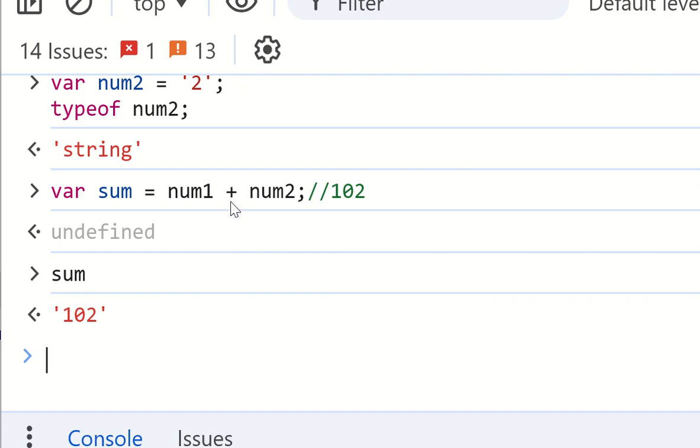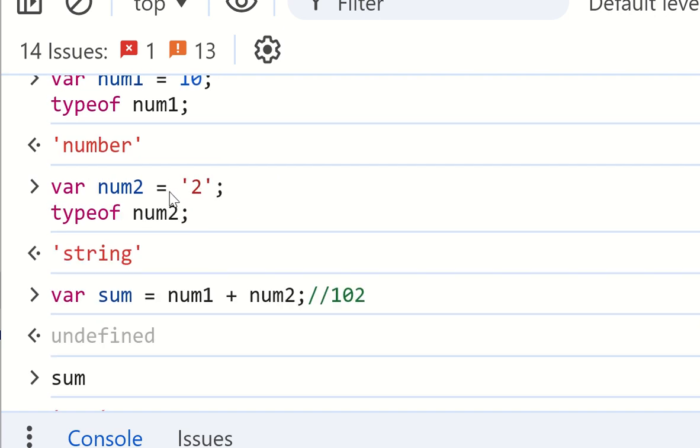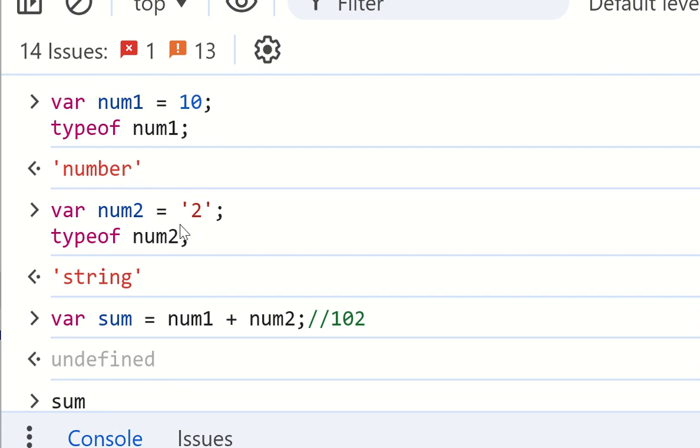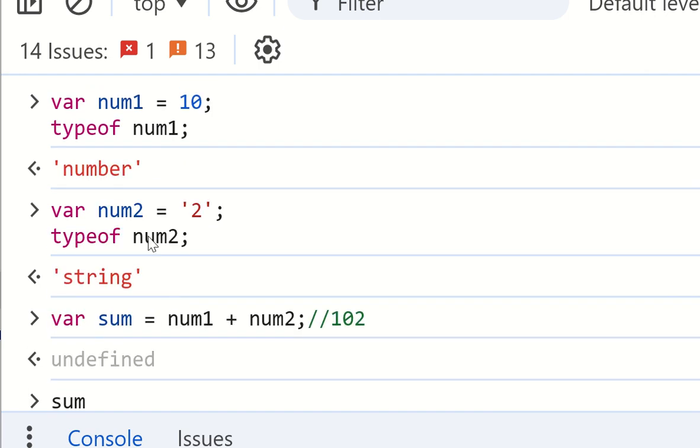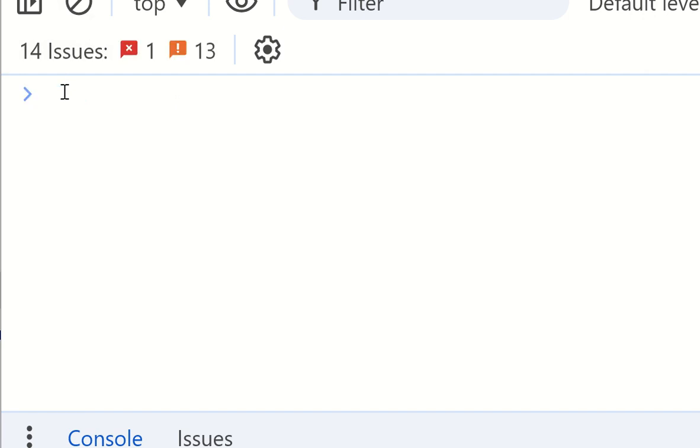So that is the concatenation operator. And if number2 were a number type, the output would be 12. But here one is a string and one is a number. You can see typeof indicating which value is number type and which is string type, so the output is 102. So that is the concatenation operator. Now let's move to the most important operator,